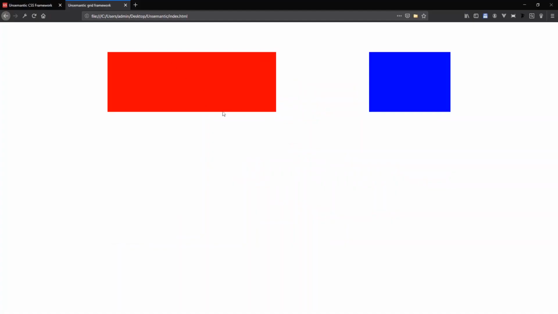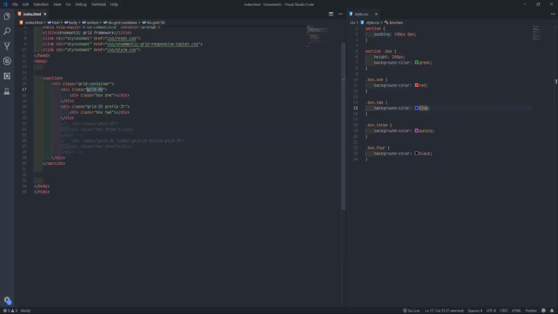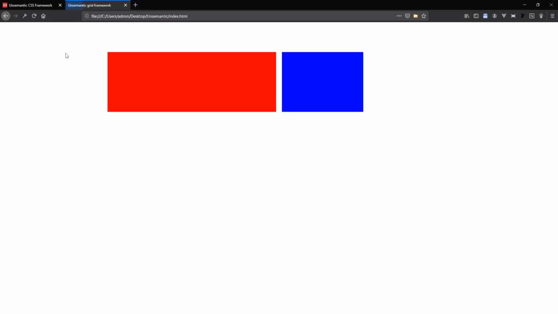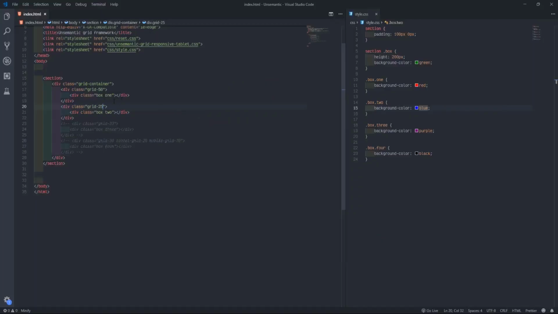So it means this grid 50 is here now, and prefix 25 there is where they bring out that space, plus this 25 box now. So it doesn't give us that space in the middle here now. You see? Then before, if I don't want to use this prefix 25, I can use the suffix now. What does the suffix do? It adds after. So if you say suffix 25.